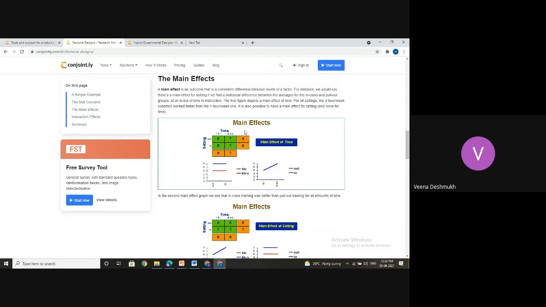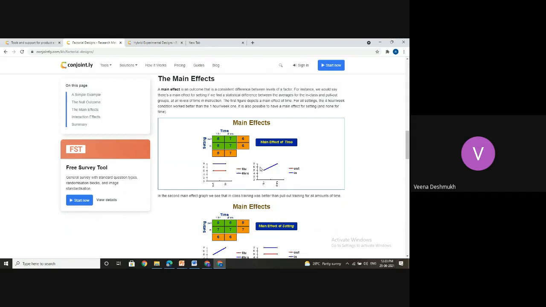So how you can better the average scores, that also you will come to know from this experiment. Similarly, you can see here in the second column where 4 hour teaching, the scores are definitely better, 7. Whereas 1 hour teaching, the scores have remained the same at 5. The same thing can be depicted with the graph also, where out you have 7 score and in the scores are 7 again for 4 hour teaching.